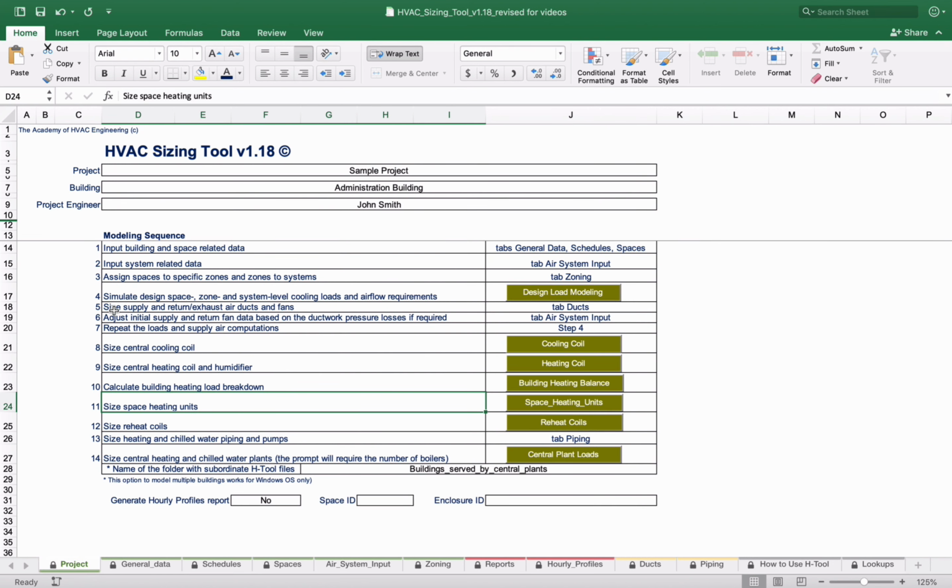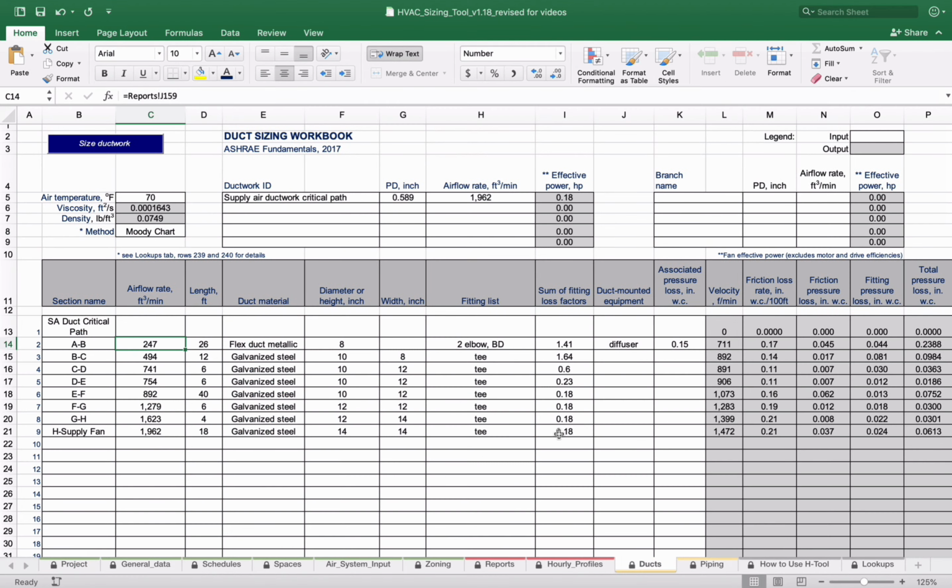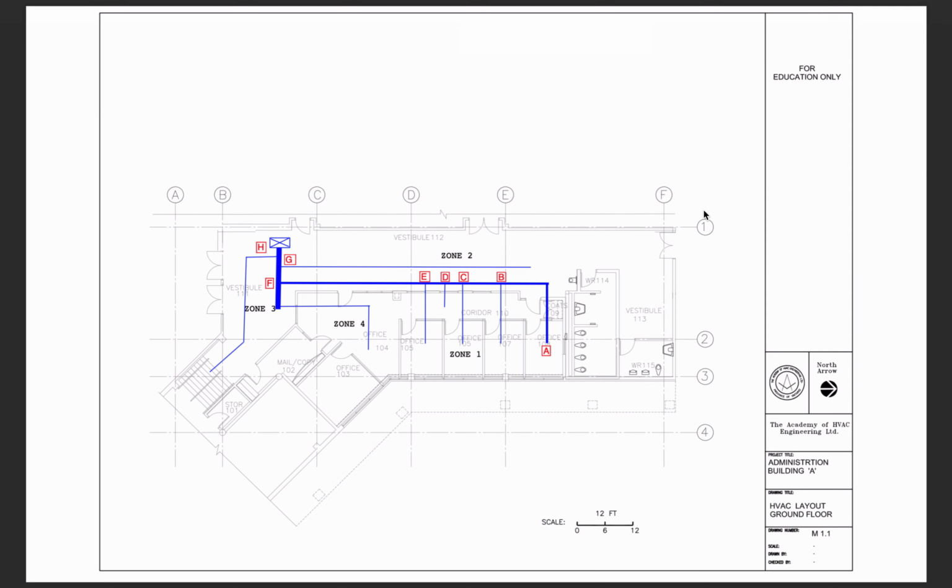The next step is to size supply and return exhaust air ducts and fans. You have to use the tab ducts. Let's go to the tab ducts. To use the tab, you need to create a sketch of the ductwork in your building. Let's go back to the drawing. First of all, let's size the supply air ductwork. Let me remind you that the mechanical room where the air handling unit is located is on top of this floor,